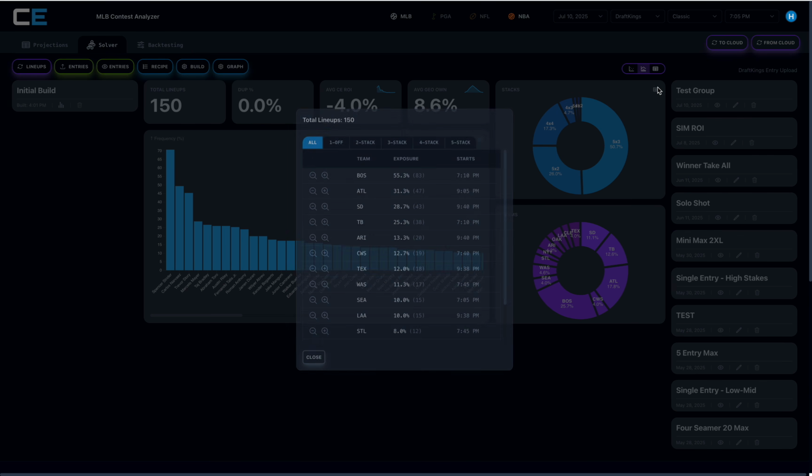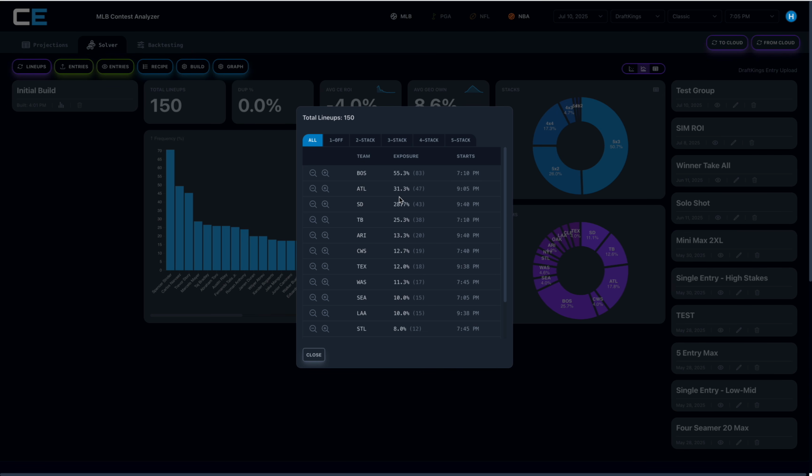I can look at the stack exposures a little bit more too, so I can see I'm getting 55% of Boston, 31% Atlanta. Again, these were I think the chalkier teams as well, so I'm getting it. So my cutting function is likely set to be fairly chalky, looks like. Anyway,